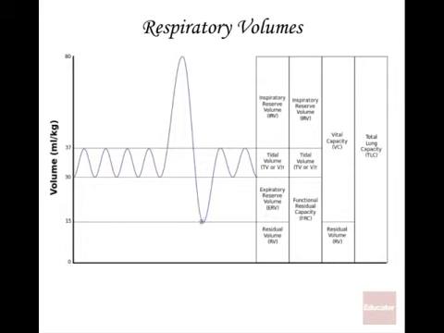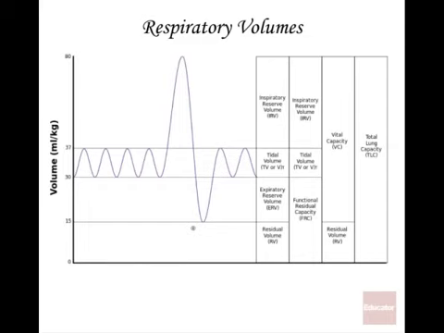And it stops here instead of going all the way down to zero because you don't want to let every last bit of air out of your lungs or your lungs would collapse. If you take all the air out of your lungs, there'd be no air pressure or gas pressure, and it would cause the lungs to just deflate. And a collapsed lung is not good for breathing. So there's typically what's called residual volume. It's, I think, a little less than a liter in the average person. So residual volume is the amount of air that tends to stay in your lungs.